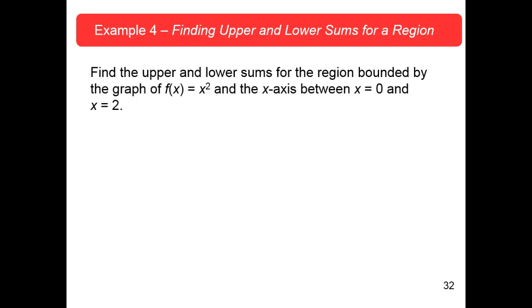Find the upper and lower sums for the region bounded by the graph of f of x equals x squared and the x-axis between x equals 0 and x equals 2. Okay? Now, how you do this is first draw your figure. Okay? Get my pen set up. Okay. So this is a good old parabola, and it's only going to be positive values here. So we'll do 1 and 2,